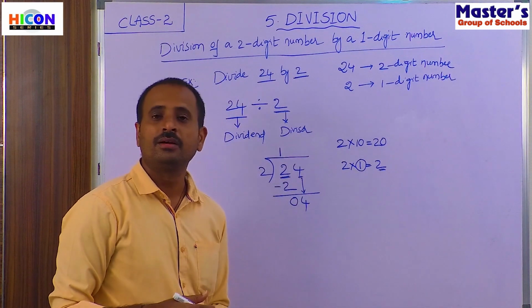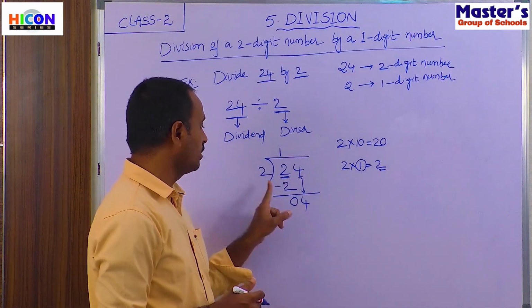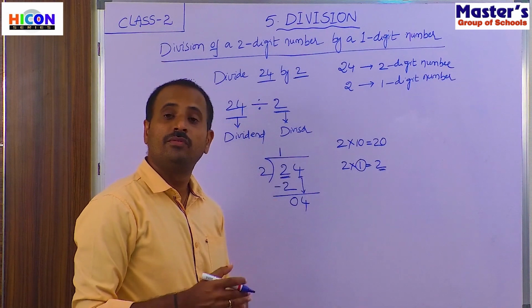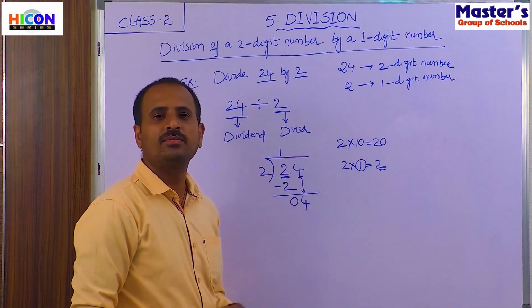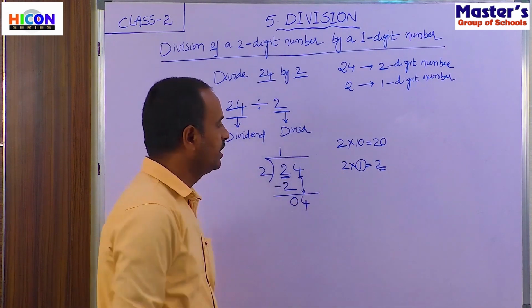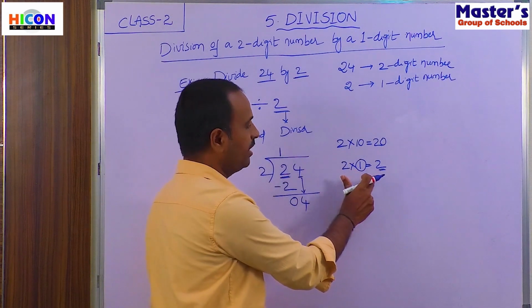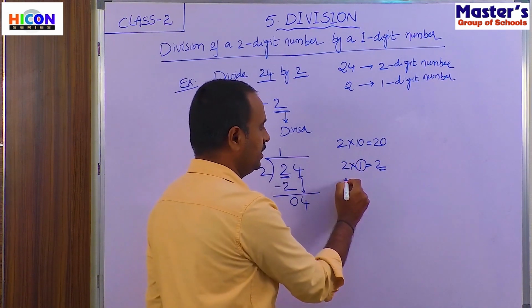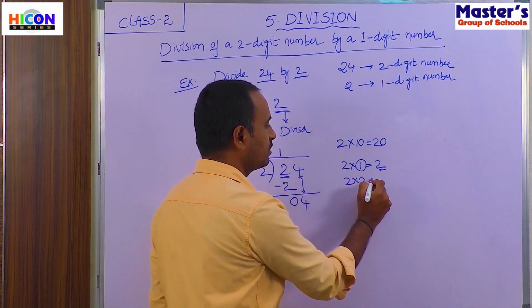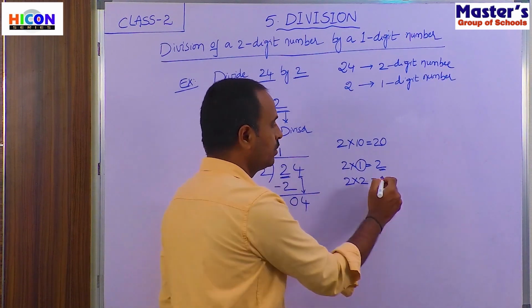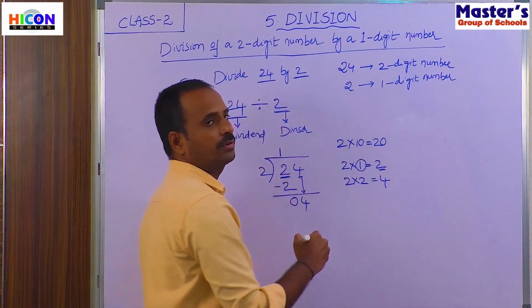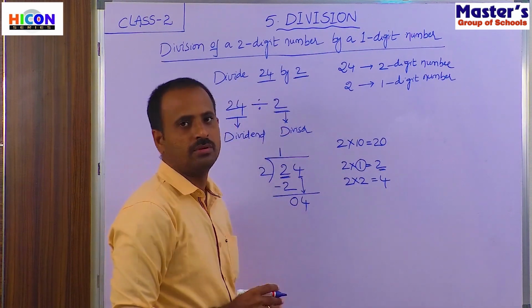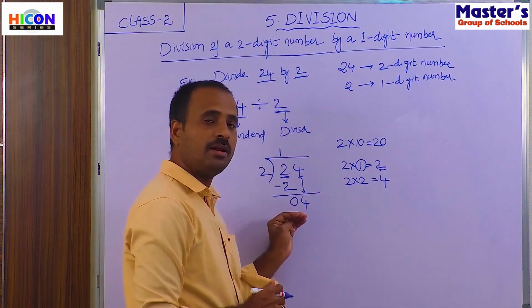So now let us find when the number 4 comes in the second table. Let us write the second table. That is 2 ones are 2. If you take one time, we will get 2. Now take 2 times. That is 2 twos are. Children, how much are 2 twos? 2 twos are 4. Yes, we have got the number 4.